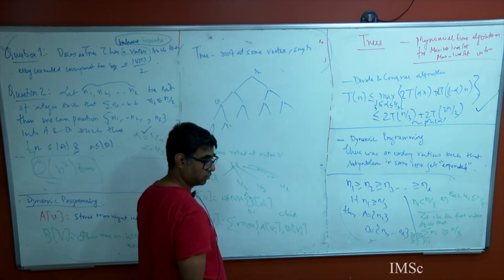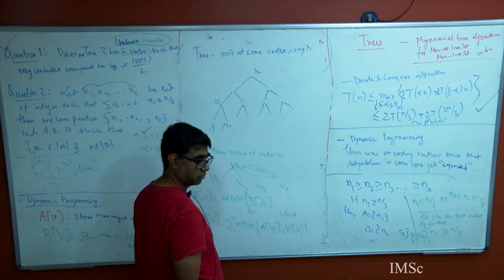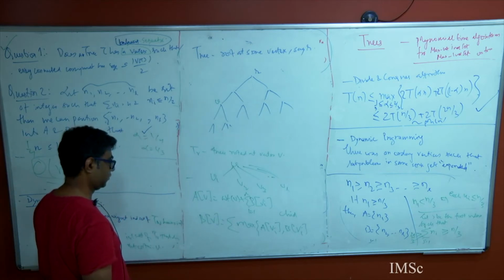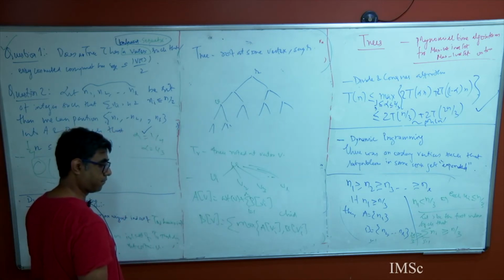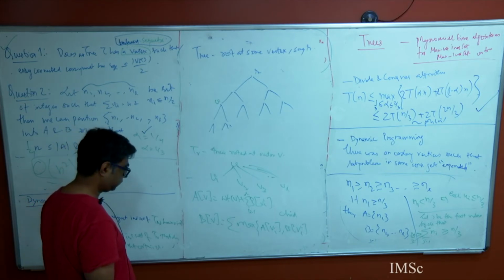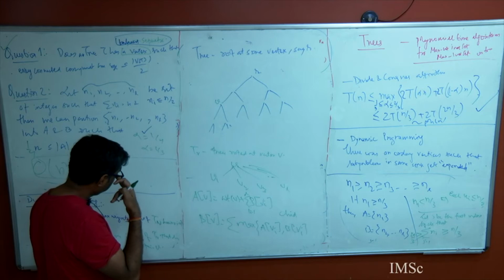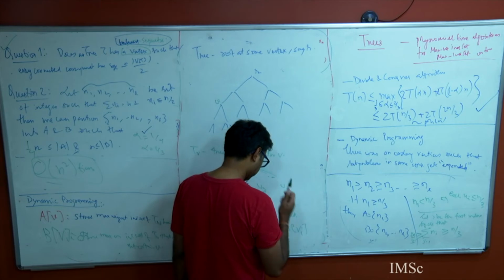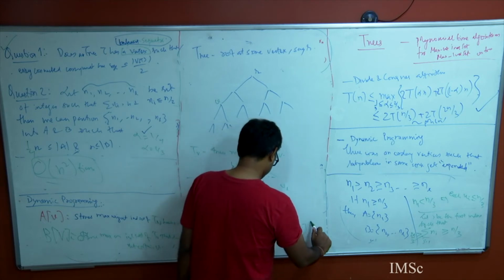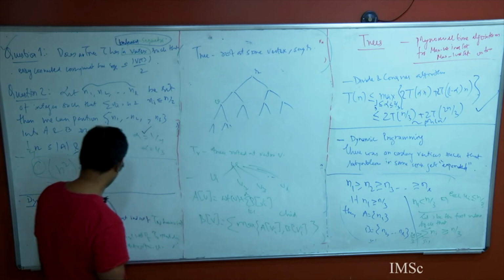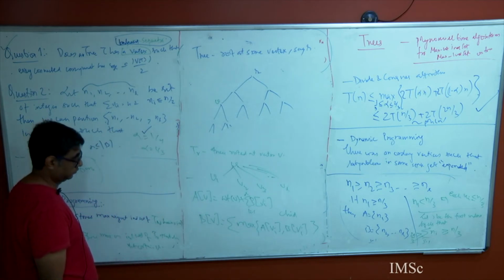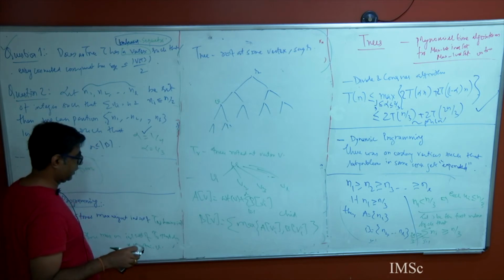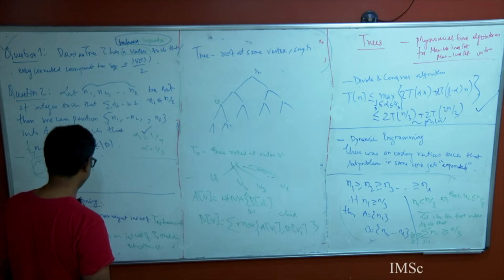No, because its subtree can contain its neighbor, or it may not contain its neighbor. So according to the definition, it's like max. Because its subtree is there, it's not necessary that all its neighbors must be there. There can be an independent set in the subtree which is maximum and does not contain it. Okay. So at any point of time, I should take max of these.